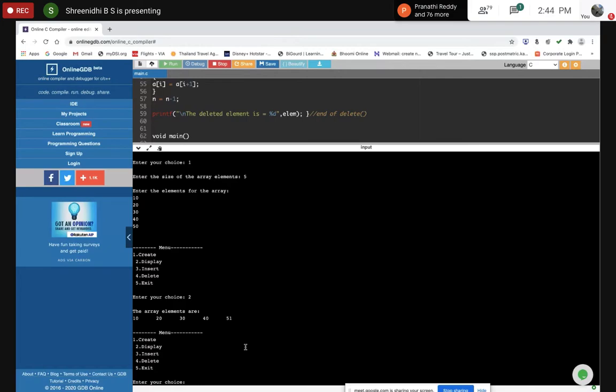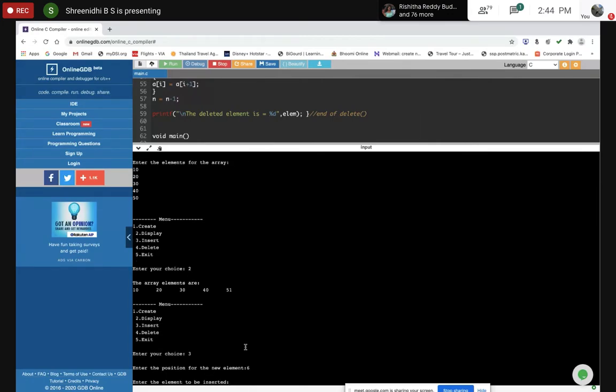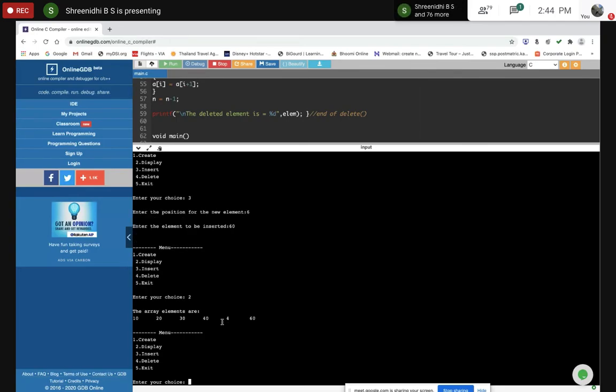Now I need to insert. I'll be inserting at position 6, and I'll enter the element as 60. Now display again. Here, 60 has been added.